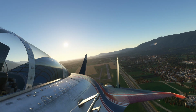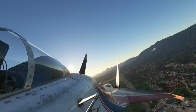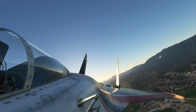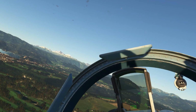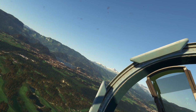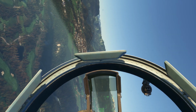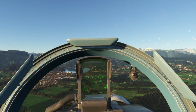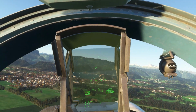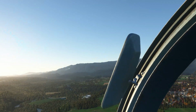Oh, did I get my smoke? I didn't load the smoke pods. Right. Okay. Well, what can you do? And here we are at Bled Lake, which looks absolutely stunning this time of day. I mean, it looks stunning any time of day, but